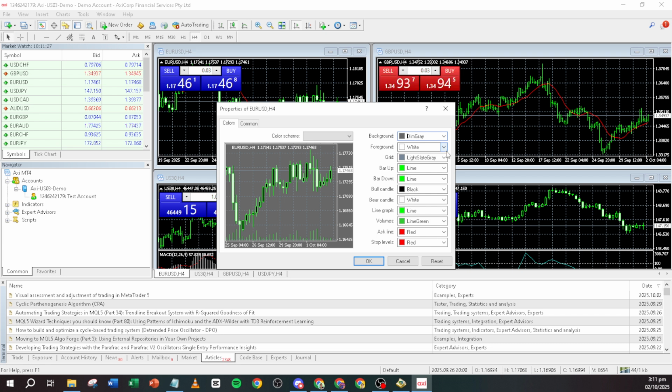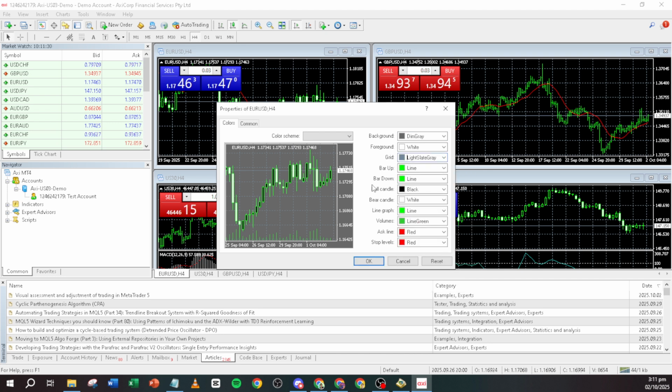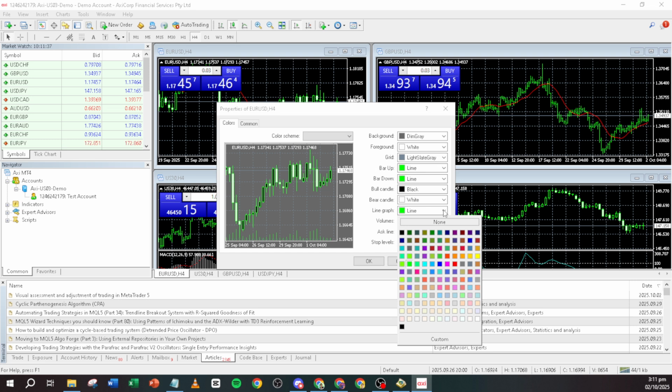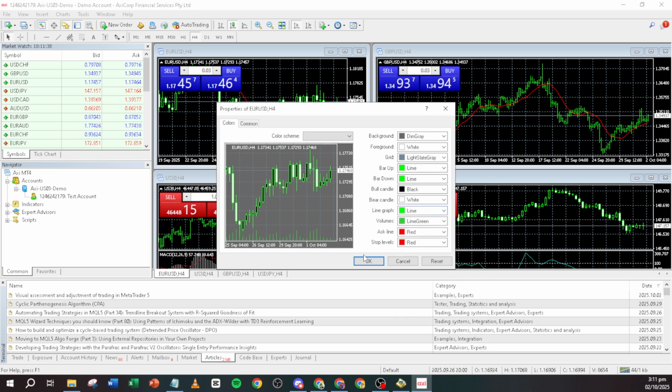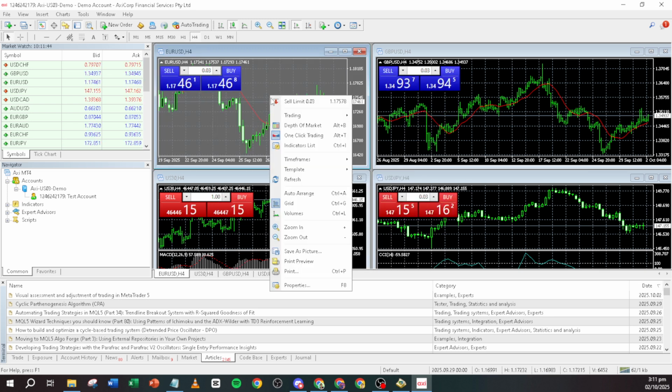Next, consider modifying the other settings according to your preferences. You can switch between different chart types, such as line, candlestick, and bar charts. Each type offers a unique perspective, so choose the one that aligns with your trading style and comfort. Furthermore, options like the grid and period separators can be turned on or off. These elements are useful for structuring the chart, but if you prefer a cleaner, less cluttered view, you might opt to disable them. After tailoring your chart to your liking, make sure you click OK to apply all these settings. This step ensures that all your adjustments take effect on the current chart display.